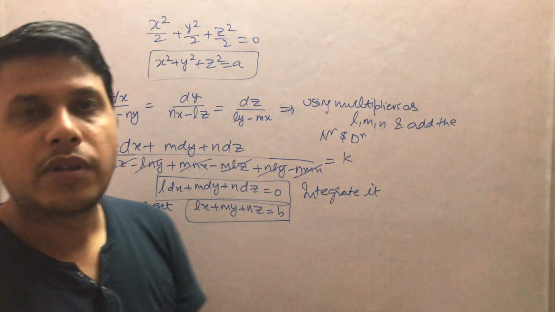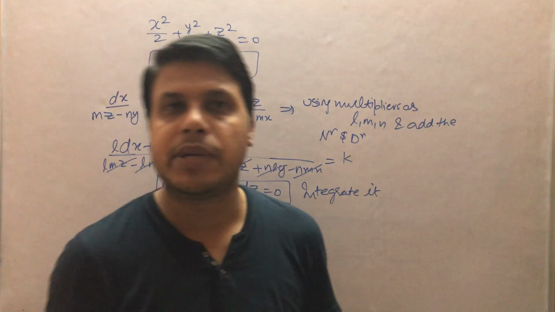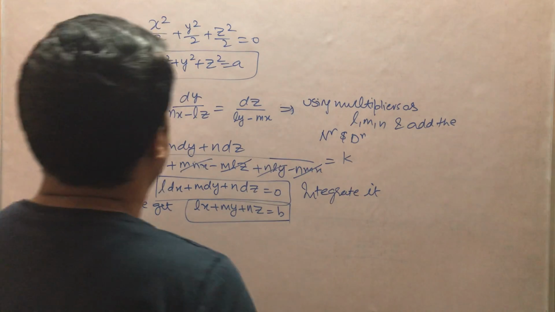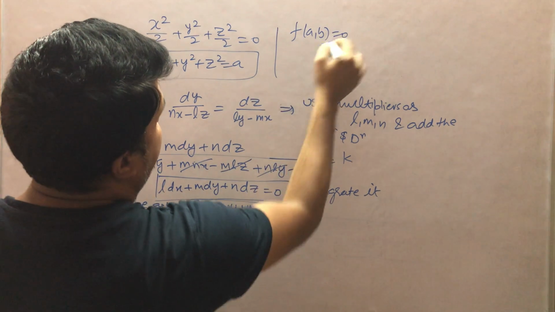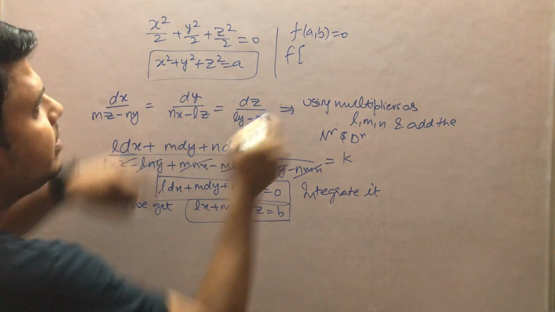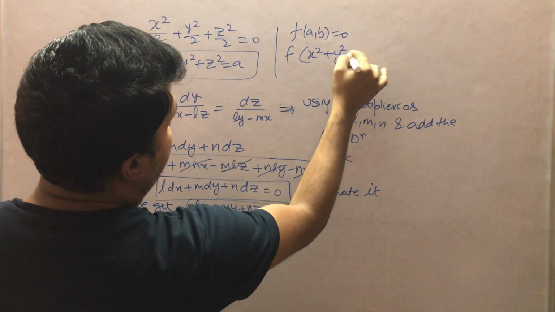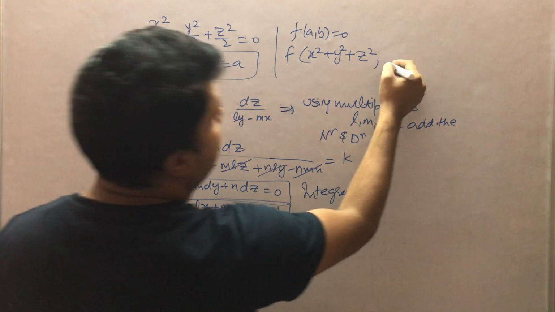This is the value of the constant b. Now the final solution is written in the form of f of a, b equals to 0. So a was x square and b was